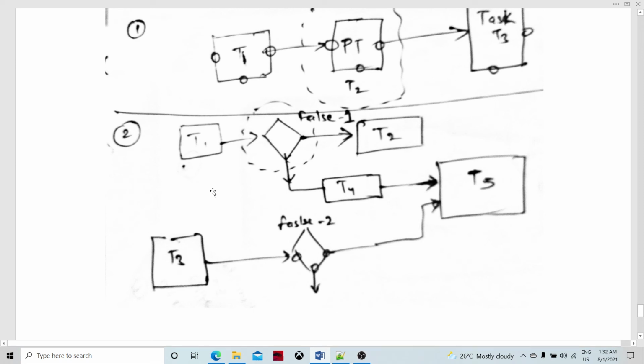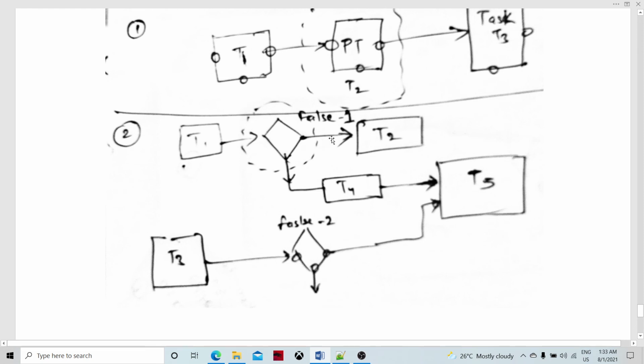Now, what we can do is let's make T4 disabled. So what is going to happen if we disable T4? The complete execution control flow and everything is going to be changed in a drastic way, because if T4 is disabled, then T2 is not going to execute, T4 is not going to execute, and T5 is also not going to. Only T1 and T3 are going to be executed, and this conditional task is going to be executed,